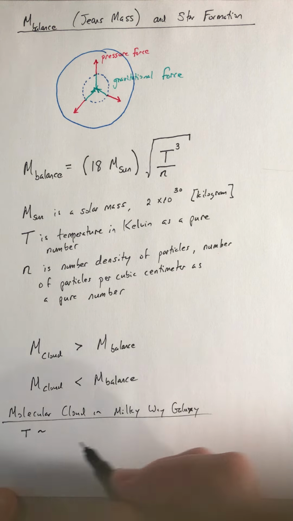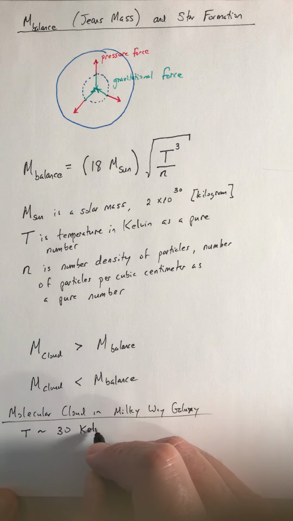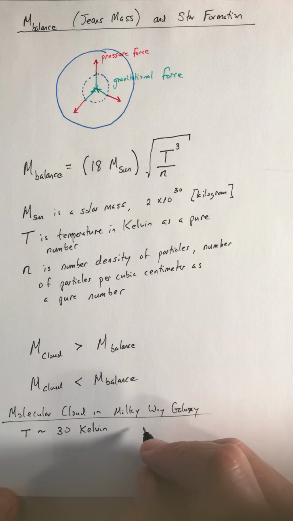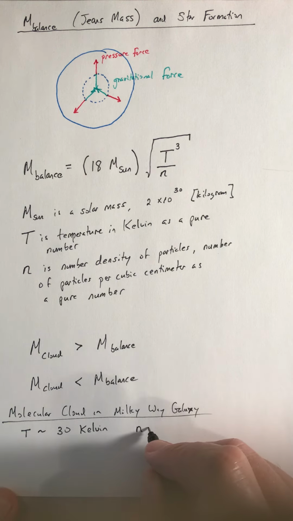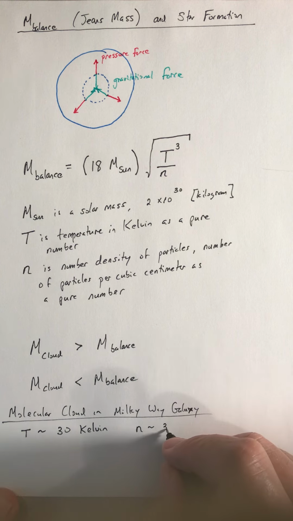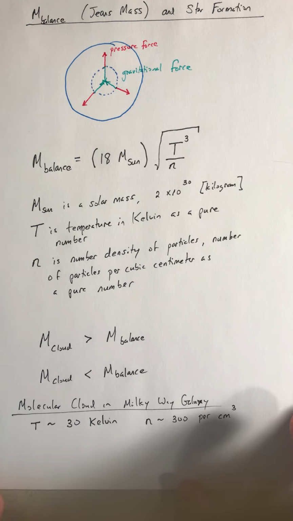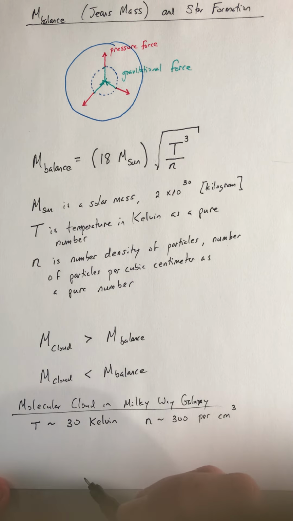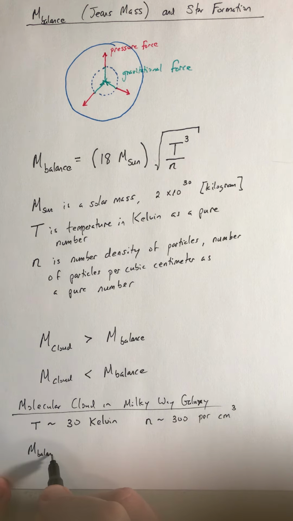You find that molecular clouds are cold, say about 30 Kelvin, and on the scale of things in the Milky Way galaxy, actually fairly dense. So number density of about 300 per cubic centimeter. So what does that give us for the biggest mass of a cloud that could be in balance between pressure and gravity? When we put in those numbers,